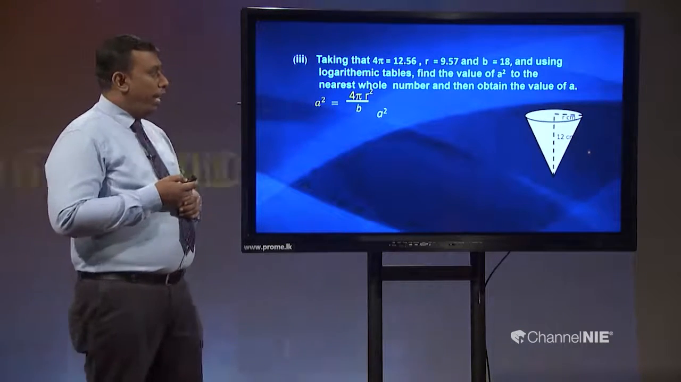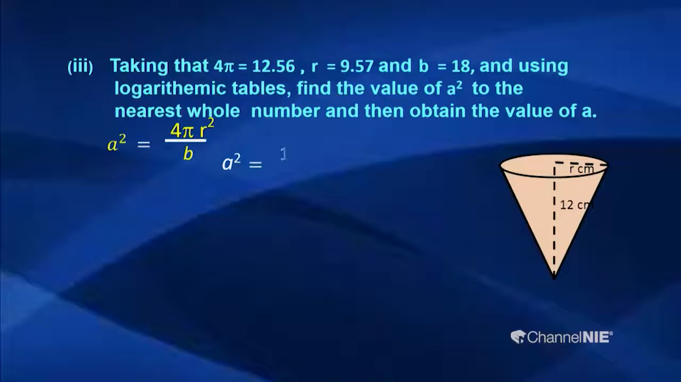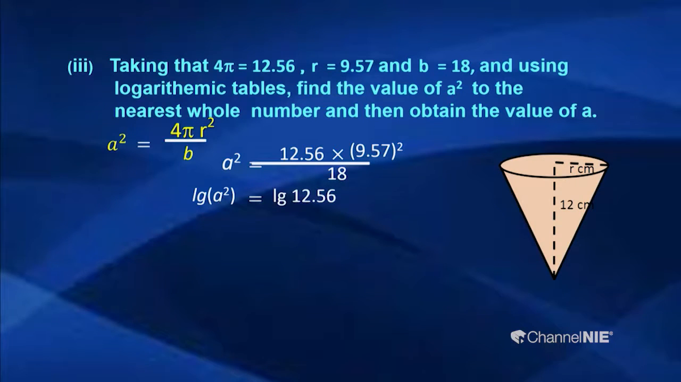Then A to the power 2 equals 12.56. Now we are going to write the given values instead of these unknown terms, right. 12.56 is the 4 phi value, into the R value 9.57 to the power 2, divided by the B value, which is 18 centimeter. Then after applying log on both sides, log A to the power 2 equals log 12.56